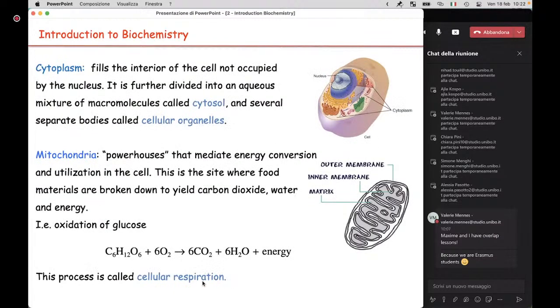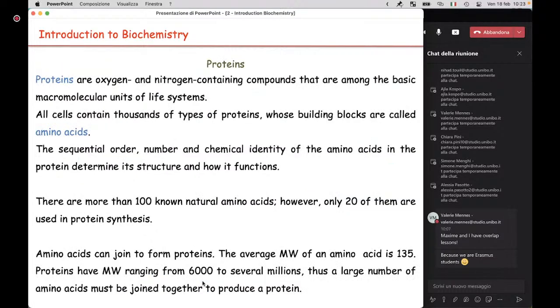Okay, these are, let's say, the most important structure of the cell. We have another very important structure, which are ribosomes, but I will speak about them in the following. Okay, then we go in more detail in the